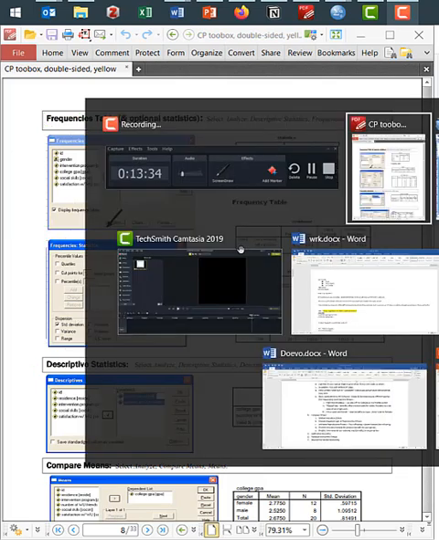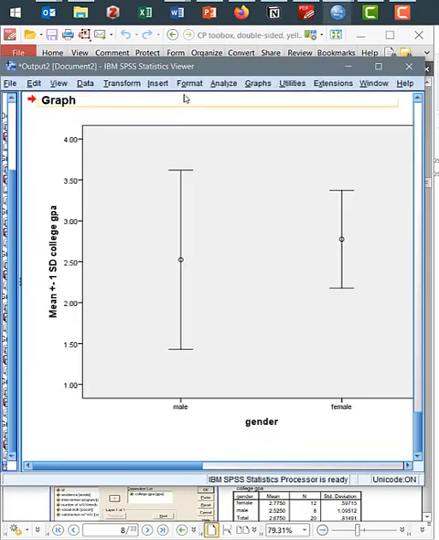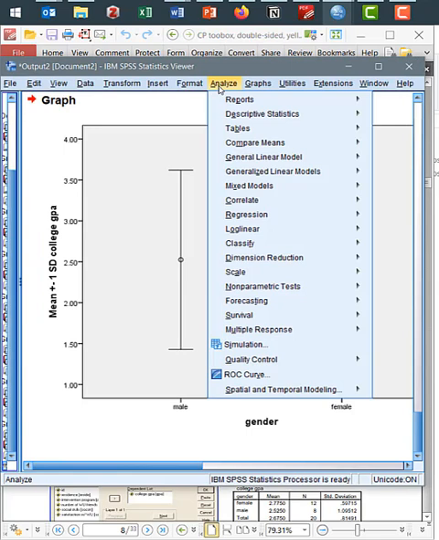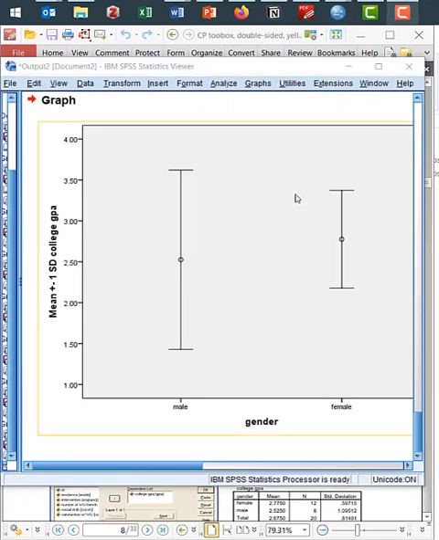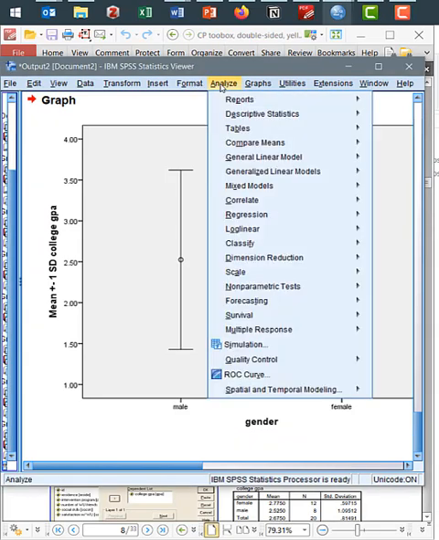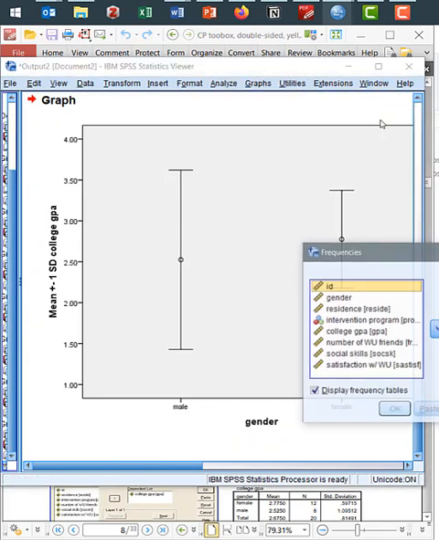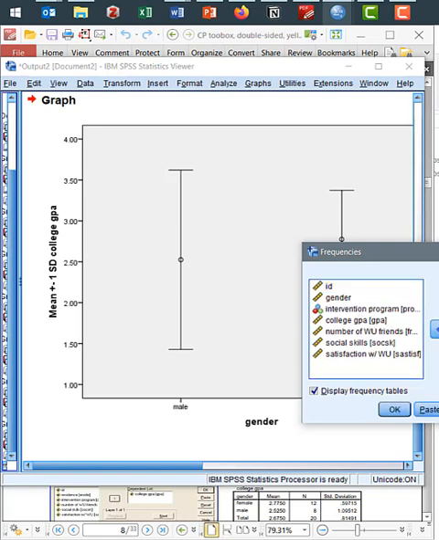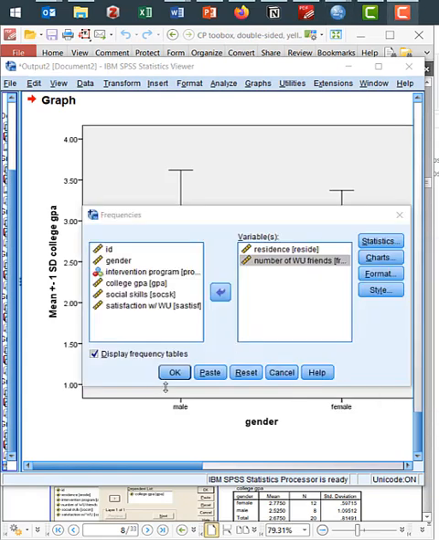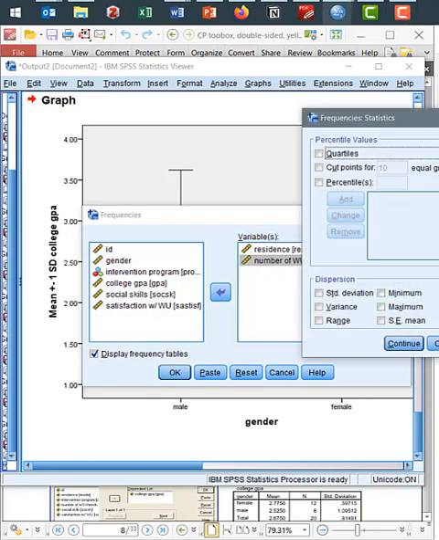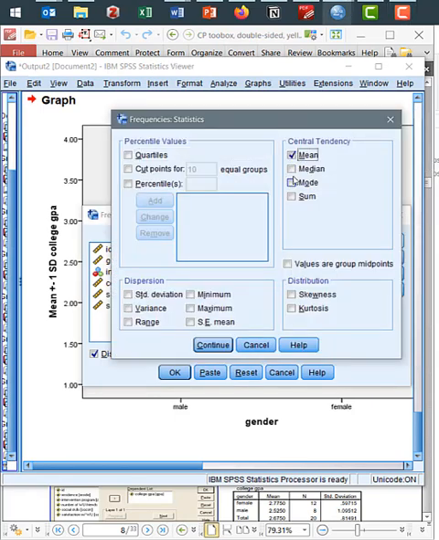I'm going to go back to SPSS, and now I'm going to go up to Analyze, Descriptive, Frequencies, and I think I selected residence and number of Winthrop friends. Okay, and then I can request these additional statistics. That's where I'm going to request the mean, median, and the mode, and the standard deviation. I hit continue,